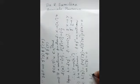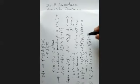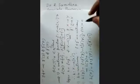And let us take h of the closed set. In the beginning, we had taken a closed set in y, no? So that is F. So consider h of F. Similarly, f composition g inverse of F is equal to f of g inverse of F, and that is nothing but 1. So h of F equal to 1. So I got a continuous mapping from y to 0, 1, and the element is going to 0 and the closed set is going to 1. Right? Therefore, y tau dash